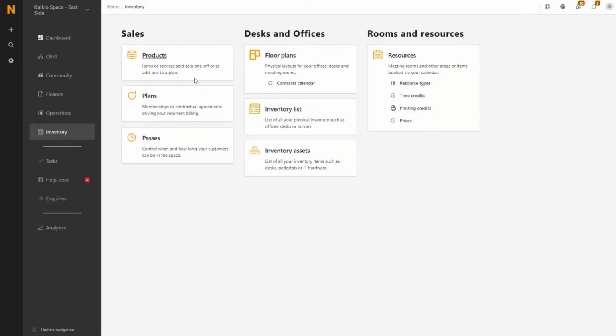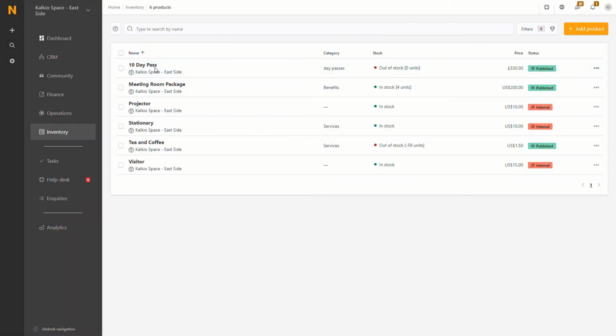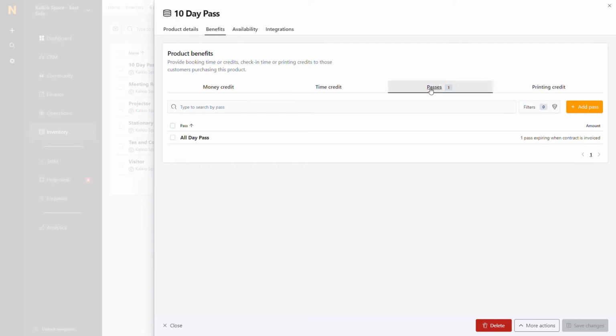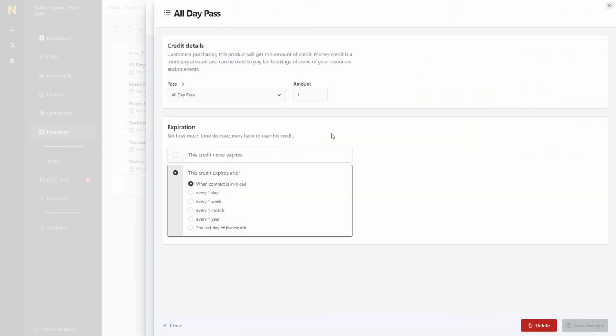Version 3 also lets you access records for connected items in just a click. For example, the Benefits tab lets you see and edit any of the benefits added to the product. If you click on any of them, another panel pops up to let you manage this specific benefit's details.